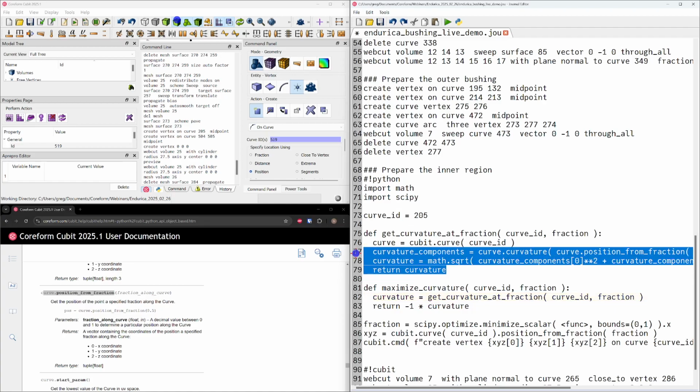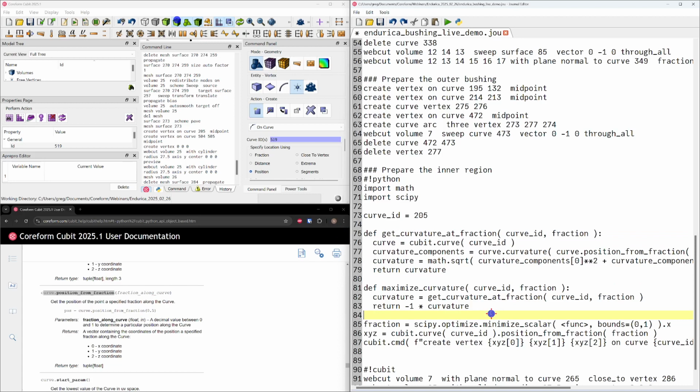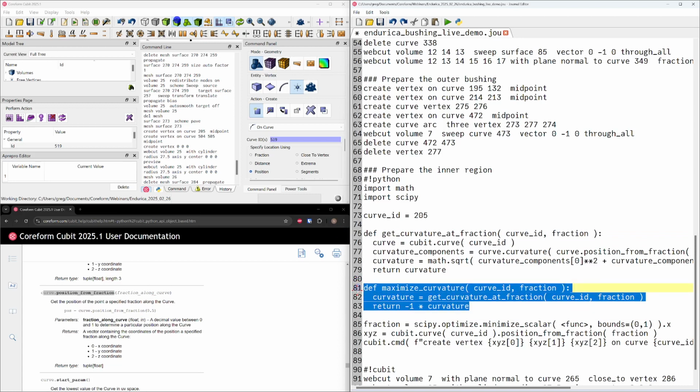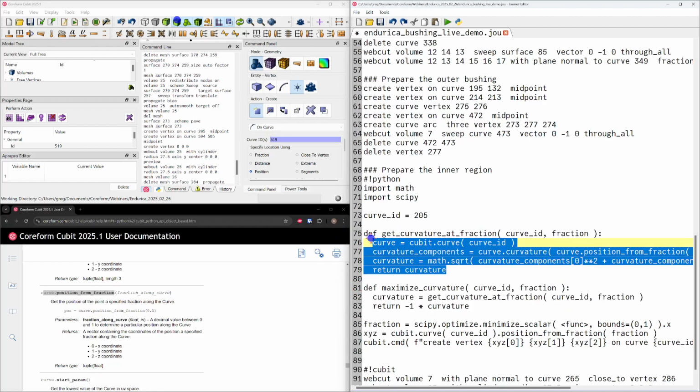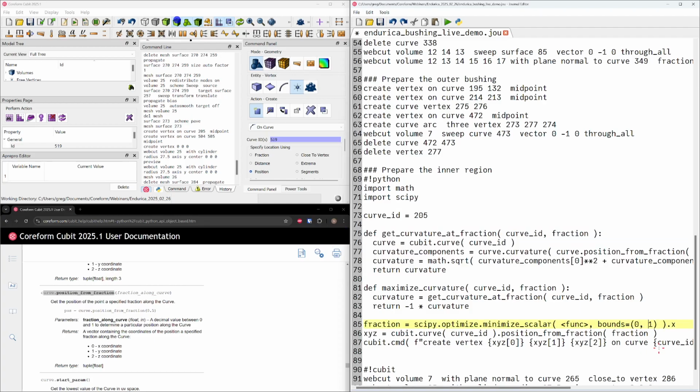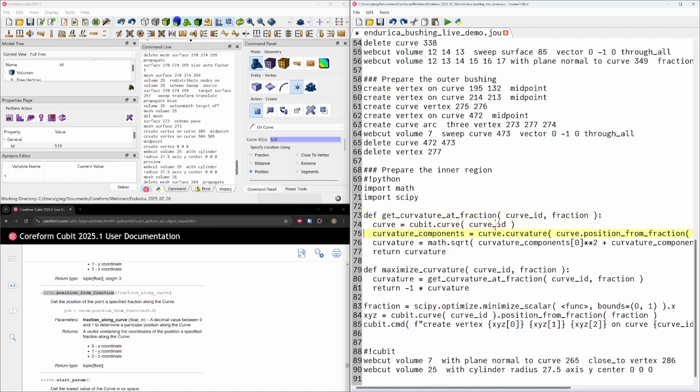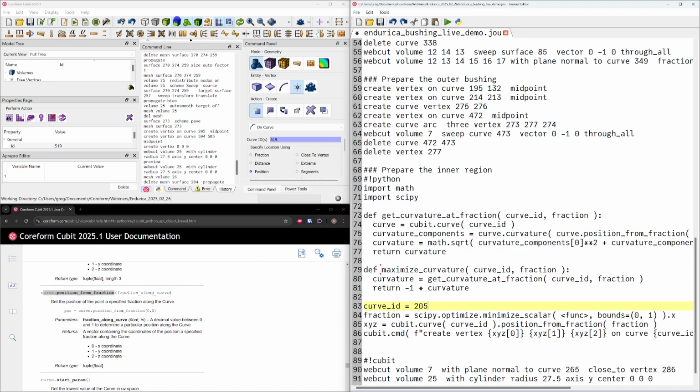But the key is that this function is very bespoke to this specific problem, whereas this function here is something I could reuse maybe on later problems. And so I could put this into my own little script utilities. So that's why I've kept it separated like that. We don't need this curve ID up here. We need it here. So now we can say what we want to do is